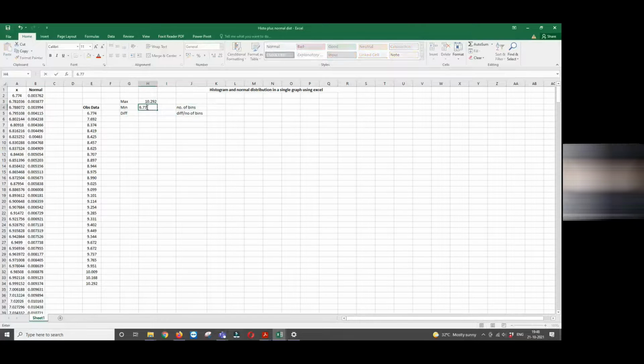To do so, we have to find out the maximum and minimum value and the difference between them, and we have to define the number of bins so that we can find out the bin range also. So I have considered the number of bins as 7 for this particular video, for my purpose. You can follow these steps to do so. After that, we have to